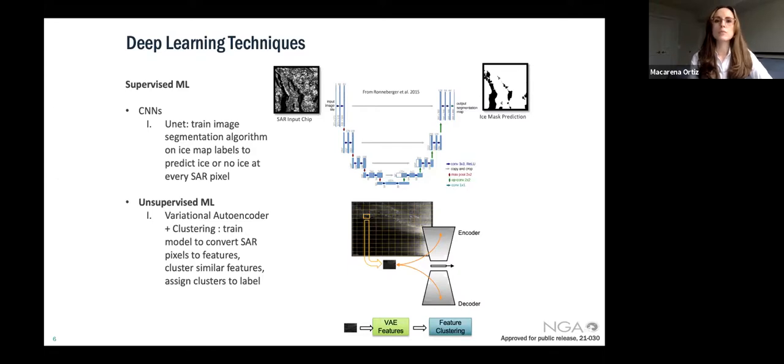For those that don't know much about machine learning, supervised methods require labels while unsupervised methods do not. For our supervised method, we used a specific convolutional neural net called UNet. For our unsupervised method, we used a variational autoencoder, which we then fed into a clustering technique. I'm going to get into more details about these in the next slide.